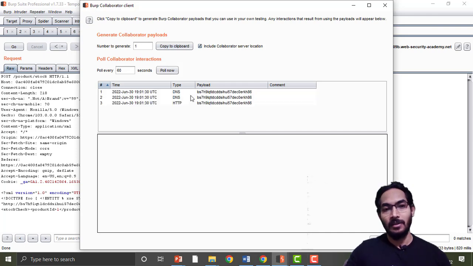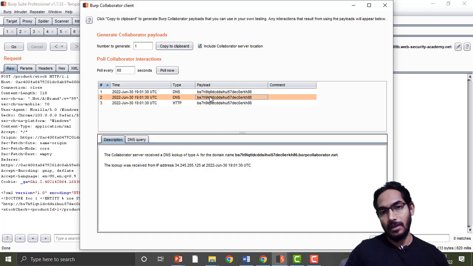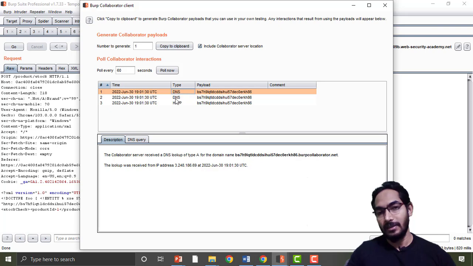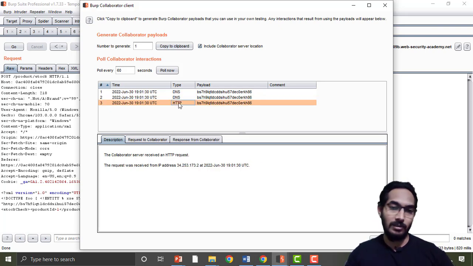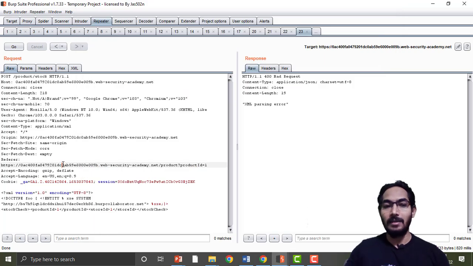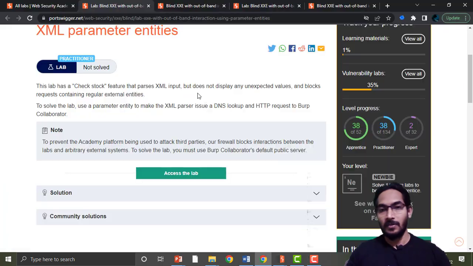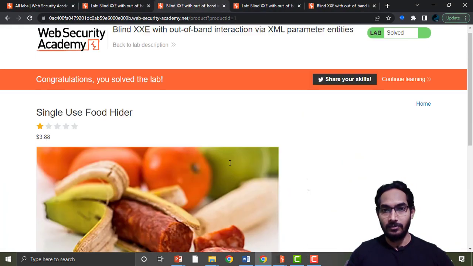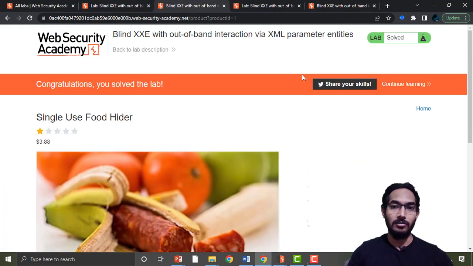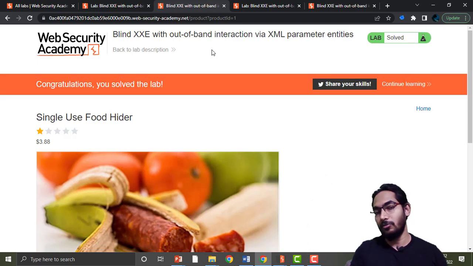Let's see. Okay, that's good. I think we have a request. We got the DNS and HTTP request that was received from this particular IP. So I think that is done. We now understood how it works, right? And here we can see the lab is solved, because this lab, or the IP of this lab, has sent a DNS request and HTTP request to my Burp Collaborator ID,